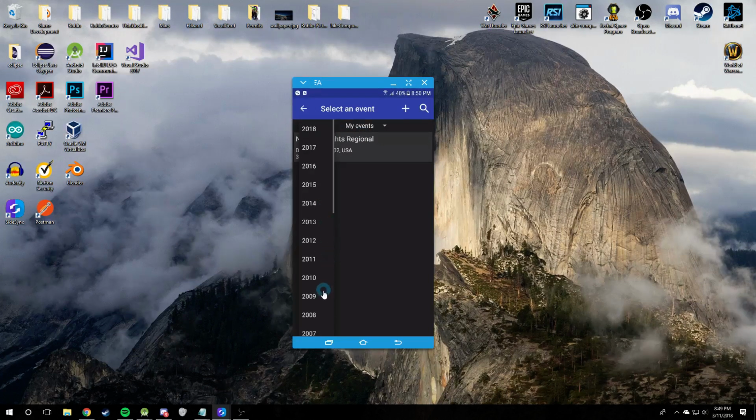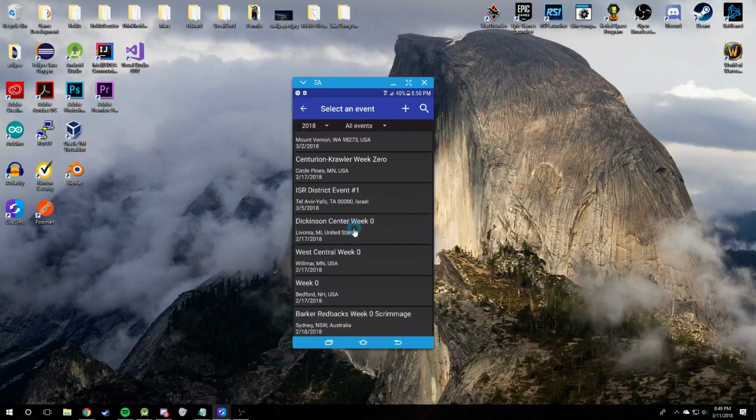What import from the Blue Alliance will do is it's just going to display a list of all the events happening this year. So you can select the year if you happen to need to change the year. And here's one important point. A lot of times, newer events hasn't occurred yet, so let's go ahead and just switch to all events. So for example,